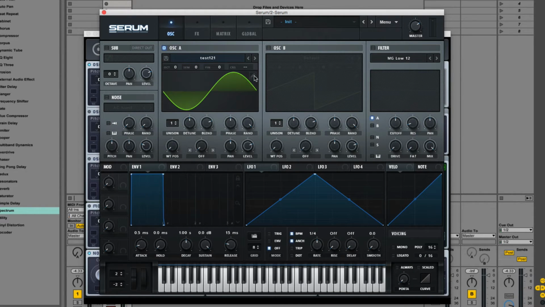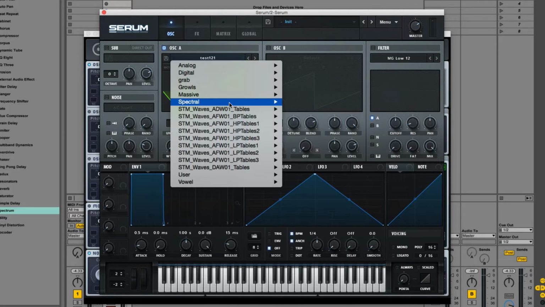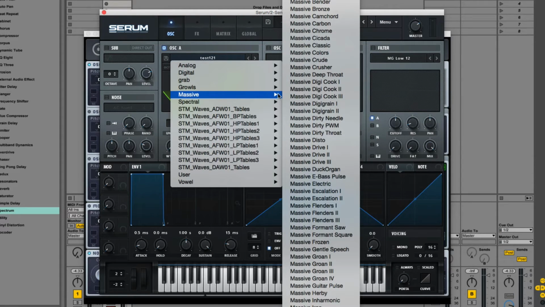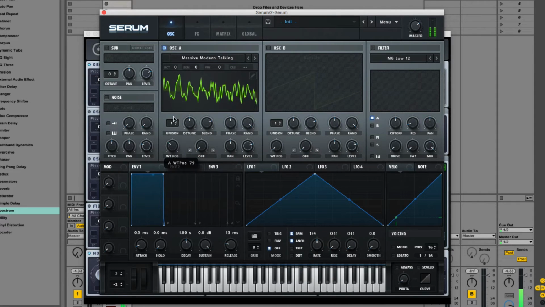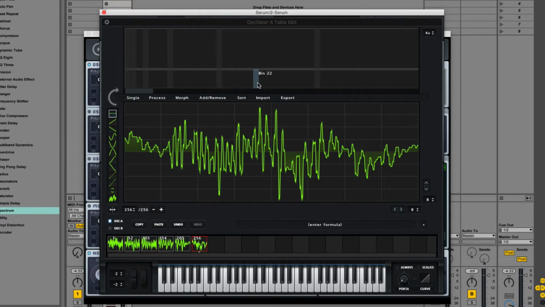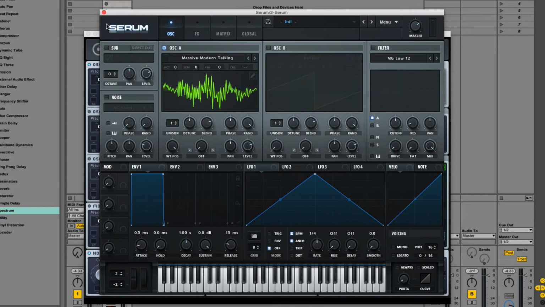This is exactly how Massive works, and I can show you by loading some of its wavetables. Modern Talking, for example. So you can see Modern Talking is only made out of 6 wavetables, but they morph together to make this sound. So if we go back to Massive,